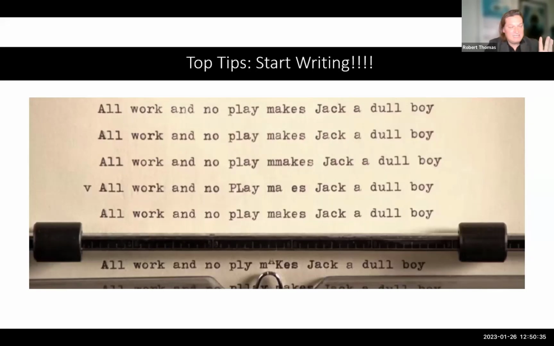I don't say that as an academic trying to placate you. It is a statement of fact, okay? An absolute statement of fact. So write as soon as you can, even if it's with Cornell note-taking, please write, and you will go a long way to ensuring that you're successful.